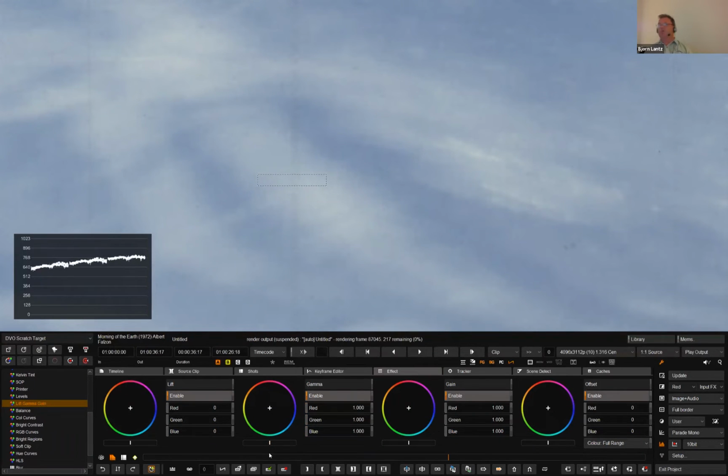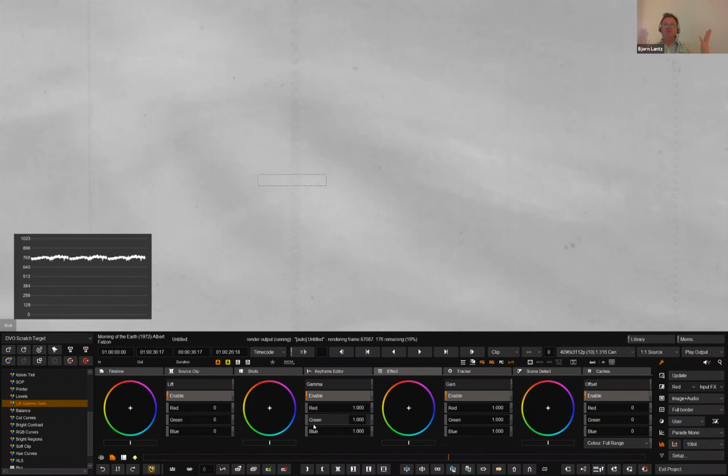So to know how much I need to do it, if we look at the different colors, if I show channel red, for instance, we can see a little bit in the red, and in the green channel, a little bit, not as much. And in the blue, it's slightly more apparent. So I now have the ability to work separately per channel, because it's film, so you have 3 channels. So we might as well work